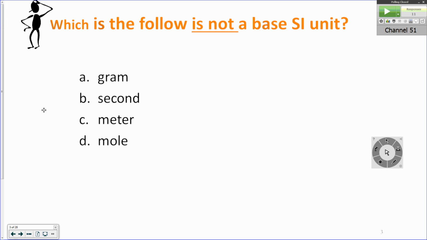So what do we think? It is a gram. So a gram is the only thing that's not